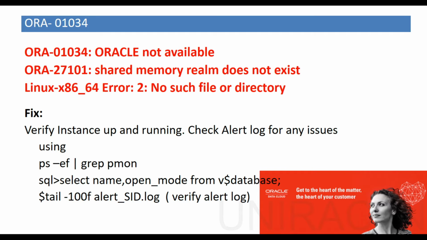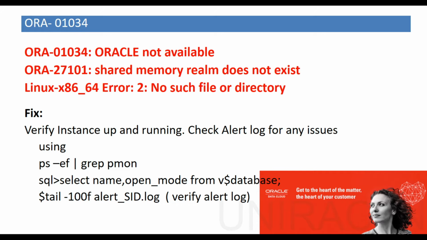Even when you try to start the instance, it may go down again if there is a bug in the server or the database. Or a recently applied patch may also impact your database. That could be one of the reasons the change impacted your database. We cannot pin it on one particular reason. We also need to trace what happened over the past one month.